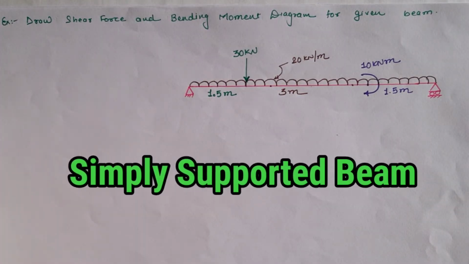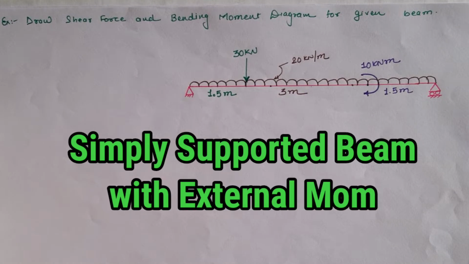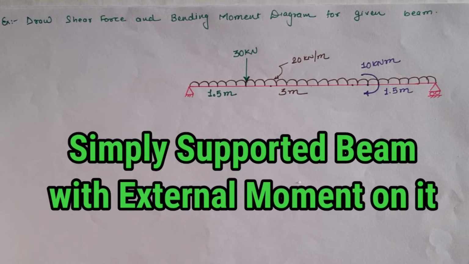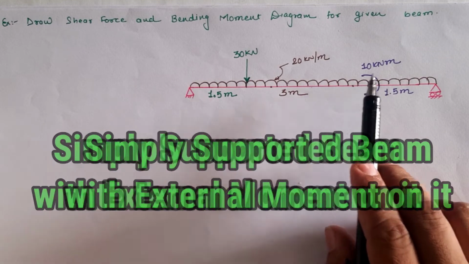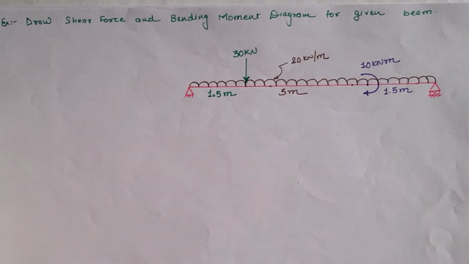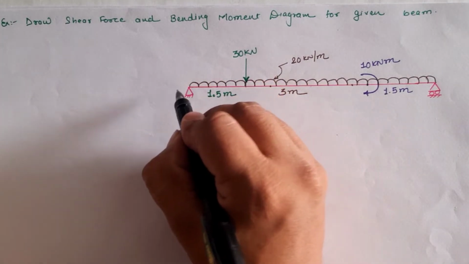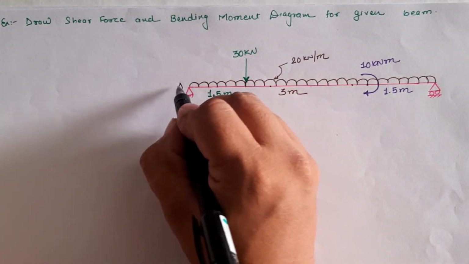Hello friends, today we are going to analyze the given simply supported beam having the point load, UDL, as well as the external clockwise moment as shown in the figure. So first of all we have to calculate the support reactions, and observing the given beam, if we notate it